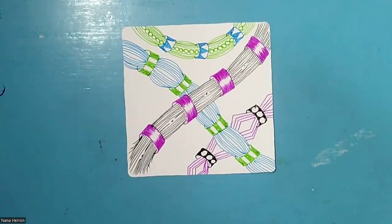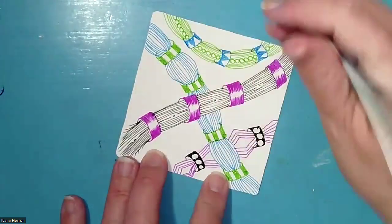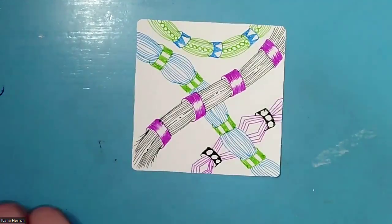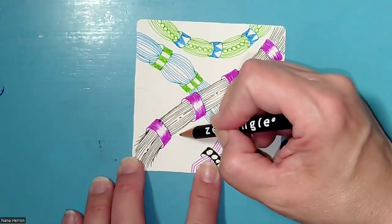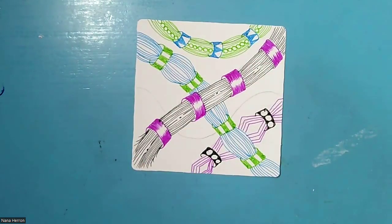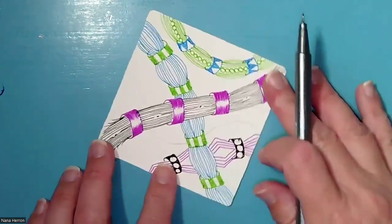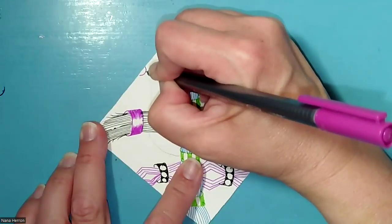And then I thought it would be fun just to run a string of orbs through there. Let's see, how do we want to do that? Let's just kind of run it through here. If you wanted to, you could pencil in where you want your orbs to go. It's not required, but I'm just gonna put in